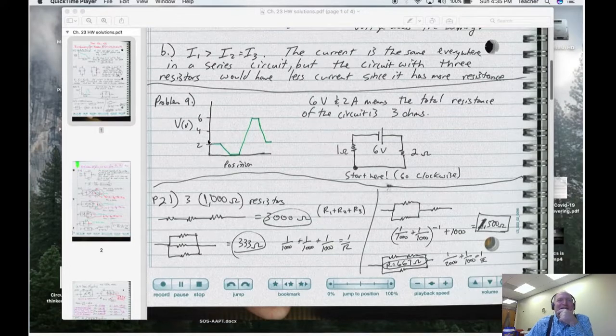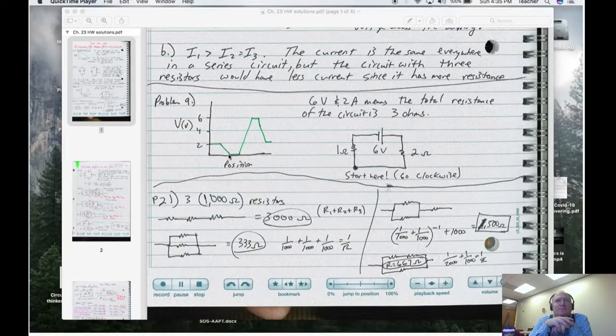Little humanity there. Problem 9, got 6 volts, 2 ohms, 1 ohm. It gave you this graph, and it asks you to actually show what the circuit looked like. So if it's 6 volts and 2 amps, that means the total resistance is 3 ohms. And I know that I'm going from 0 to 6 volts at some point, so the battery would be 6 volts. So if I start here,